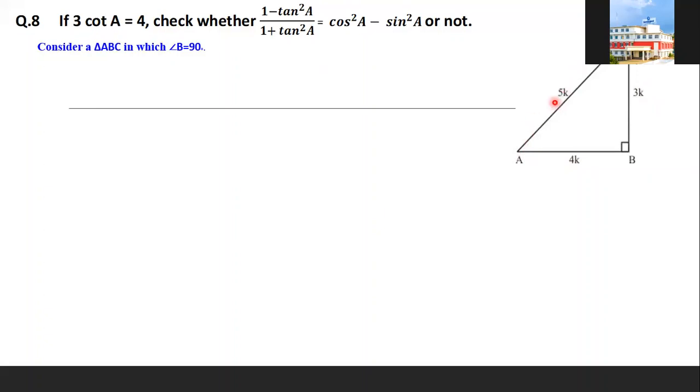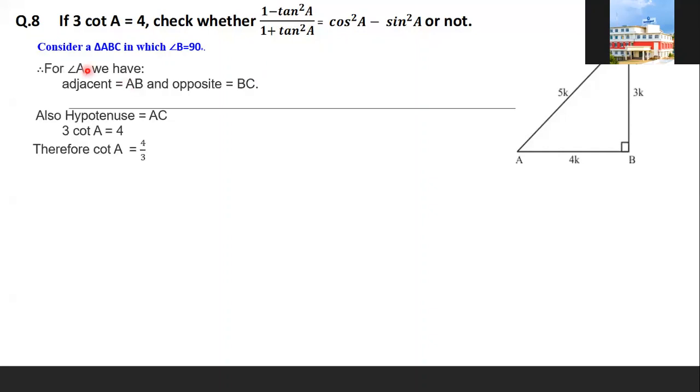Anyone have doubt? So now here we got the whole triangle. Here you see the question. What are the things we require? Tan A we need, cos A we need, and sin A we need. We'll find out tan A, cos A and sin A first. After getting their values, we'll apply them over here, do the squaring and subtract from 1. If we get both LHS and RHS the same, then we say LHS is equals to RHS. Am I clear? Yes, ma'am.